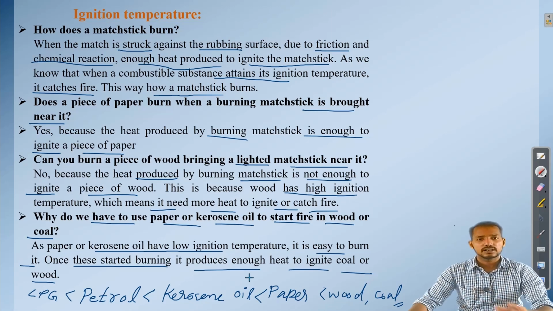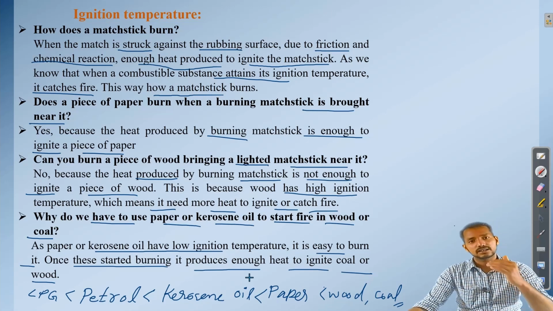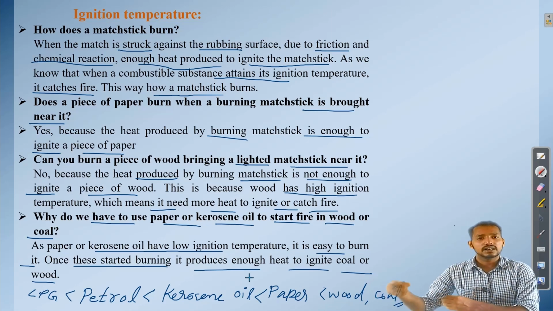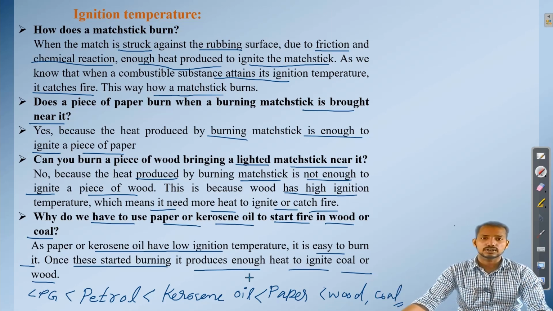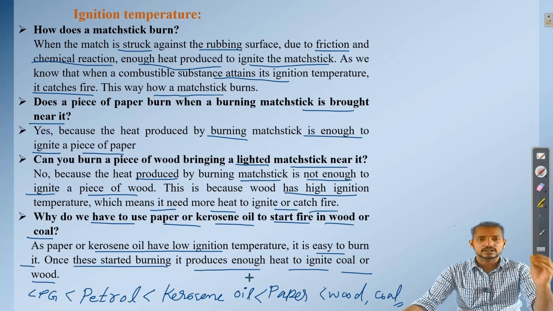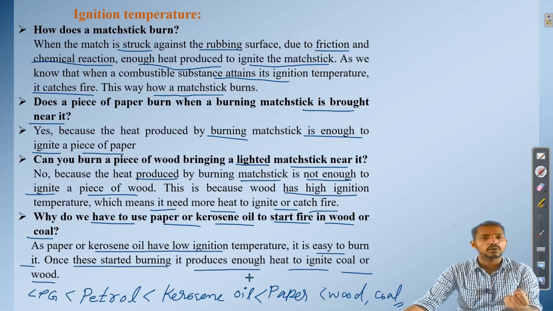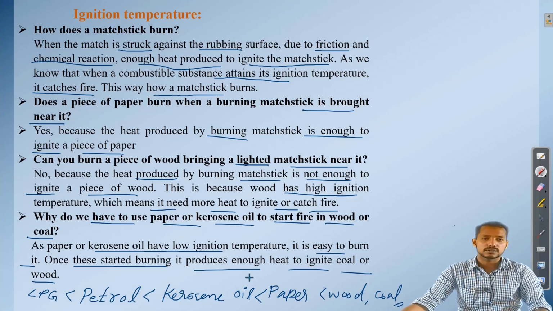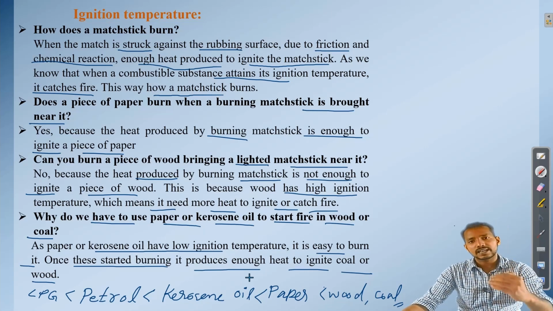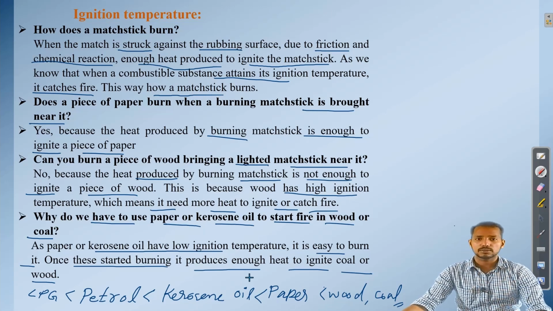It is because there is no moisture content in the leaf. While if you try to burn green leaves, it's not possible because there is a presence of moisture. So if moisture is present in a combustible substance, it does not allow the substance to reach its ignition temperature easily, because the heat supplied to that substance will be absorbed by the water or moisture present in that combustible substance. So the dryness of the substance is also a factor that determines its ignition temperature.